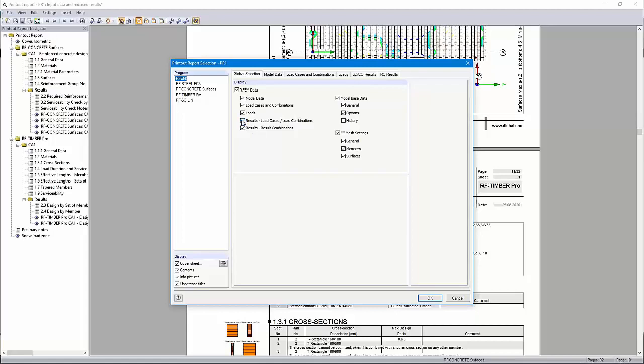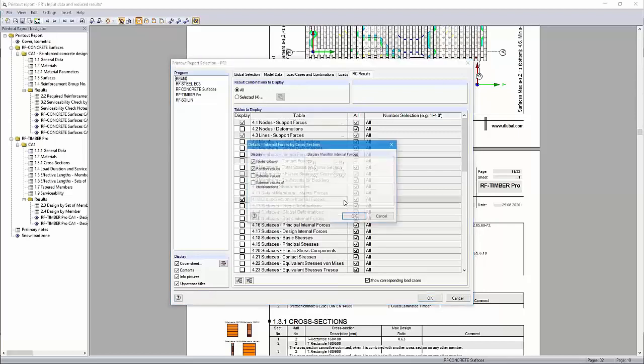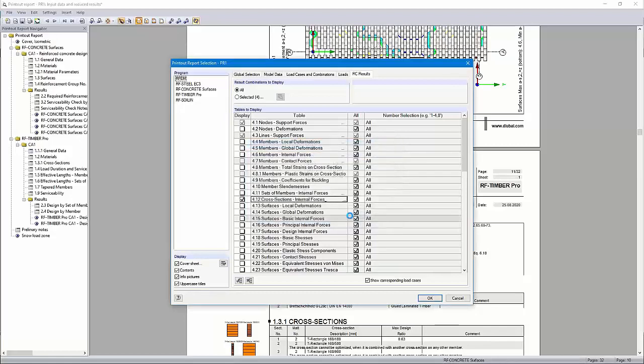For example, I will disable here the results of the load cases and load combinations, and use here another settings for the cross-section internal forces. I choose here not the partition values, but the extreme values of the cross-sections. Okay. Therefore, the protocol will not have too many pages. Okay, then